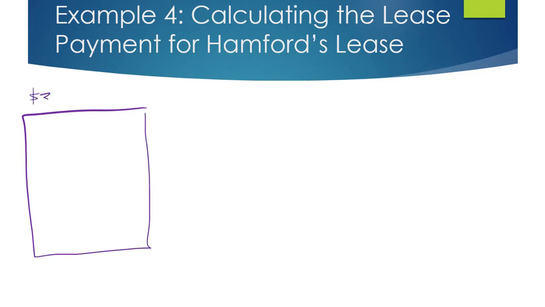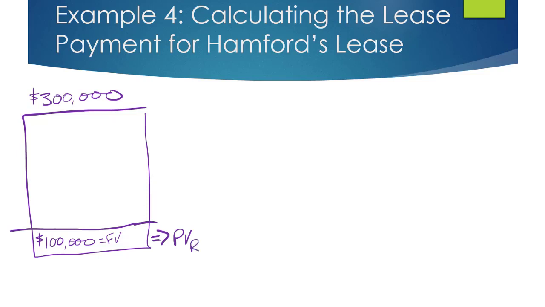The fair value of that asset was $300,000. And Cisco figured they could get $100,000 later on. This is the future value of the residual. So what we want to know is what the payments would have to be. Now we know this number already because we did a lot of journal entries with it, but let's walk through the calculations. So first things first, we need to get the present value of this residual. That's $100,000